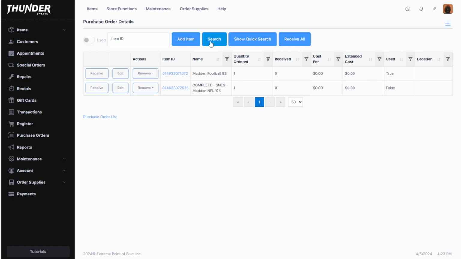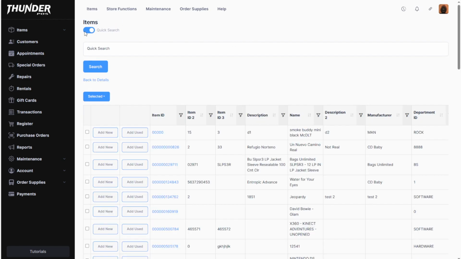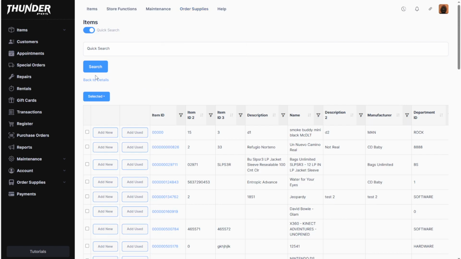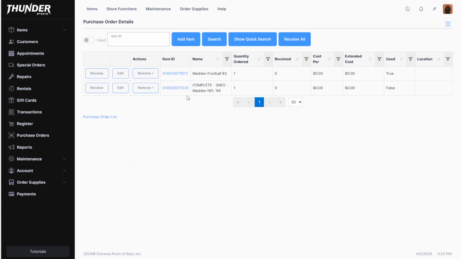You can also do an advanced search, which is the full item search screen, which you can then add new and used from here as well. Note that if you see how these items are links, you can actually click it and it will take you to that item so that you can then edit it. If we go back to the purchase order here,